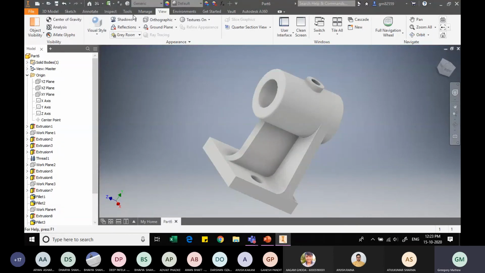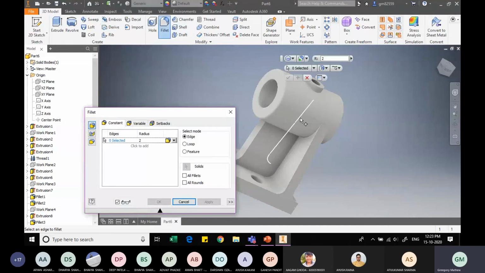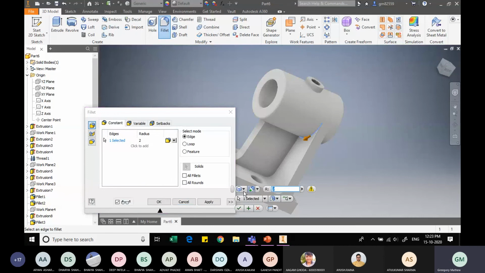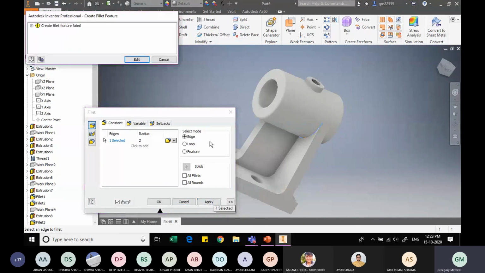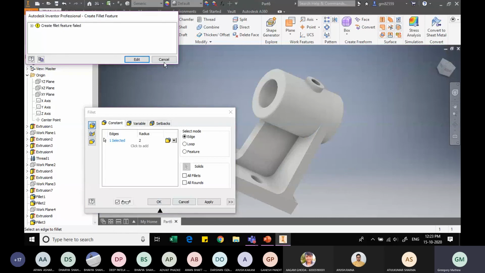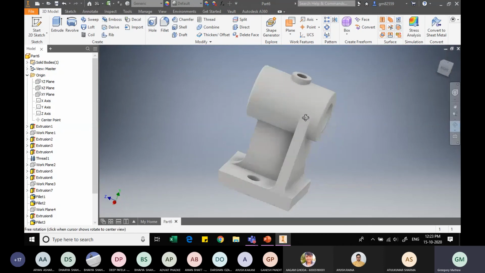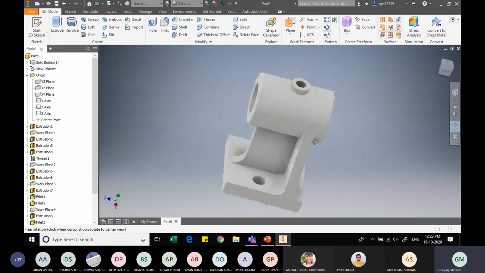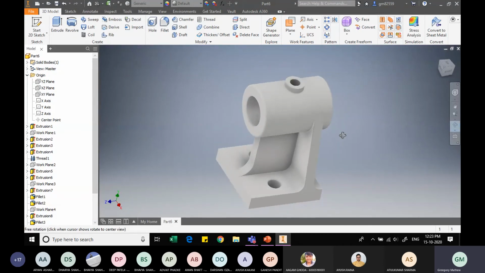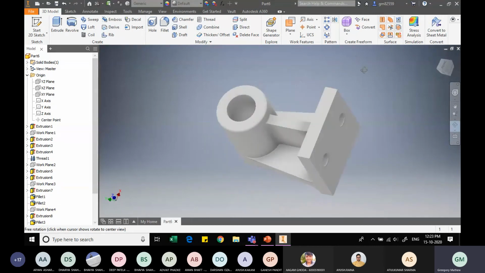Let me see if I can apply a fillet here. Go to 3D model. Where is Fillet? Yeah. It's not taking. Yeah, that's okay. So we have finished this component.